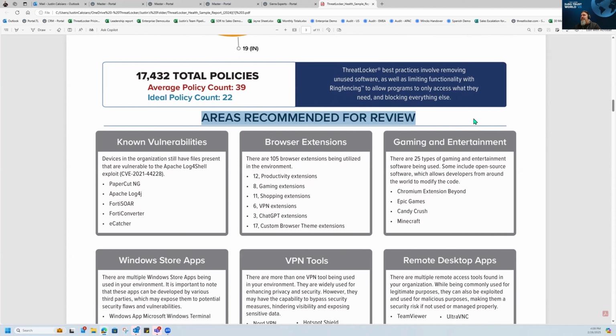And so the health report that I'm speaking of, once you run this health report and you come across some of these areas of recommendation, let's just start with this first one right here. Known vulnerabilities. The agent that we have in the environment is saying there are devices that still show the log4j vulnerability. So if we were to use this recommendation and update our policies to cover any application that has this log4j vulnerability,